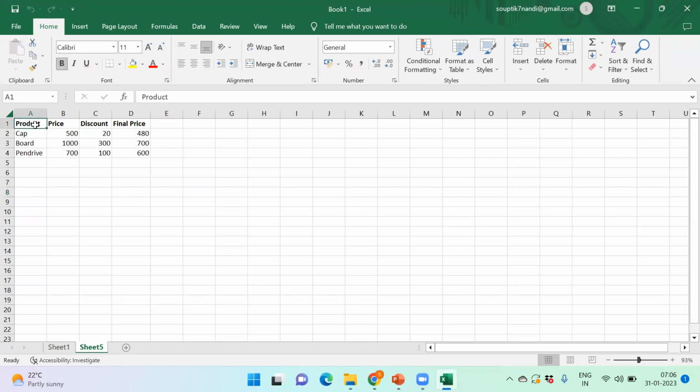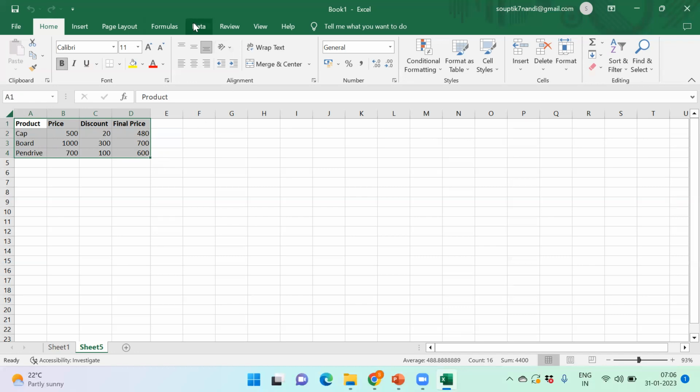Over here, we have a table where we have the product column, the price column, the discount on top of those prices, and this is the final price. I just want to show you a basic example of representation of the same data with two particular graphs.